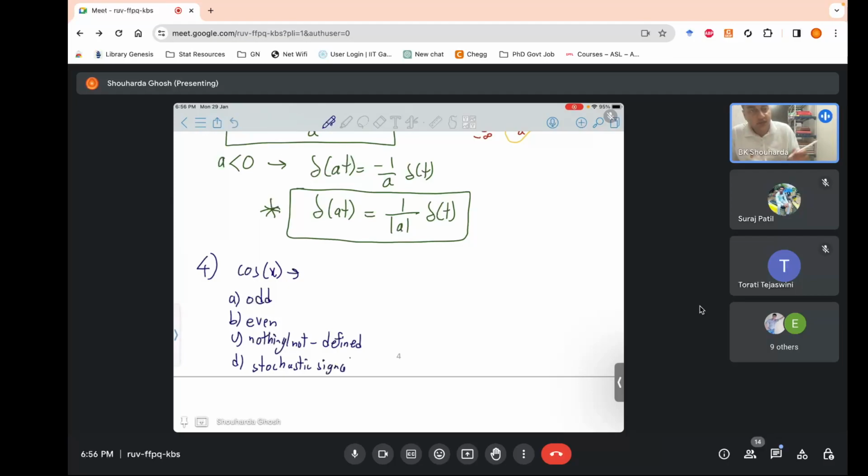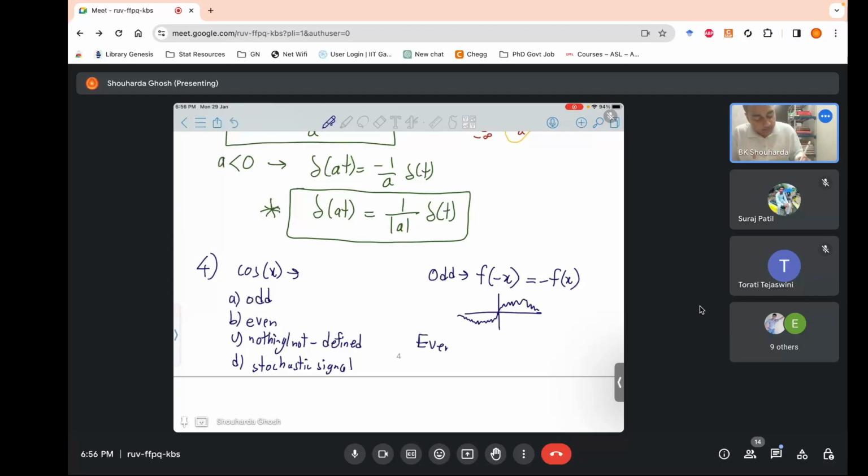So a bit of a revision over here. What kind of a signal is it? For an odd signal, the property that needs to be satisfied is that the negative of the argument, meaning f of minus x, is minus f of x. So when you look at the graph, if you have something like this, you have its opposite reflection on the diagonal opposite.